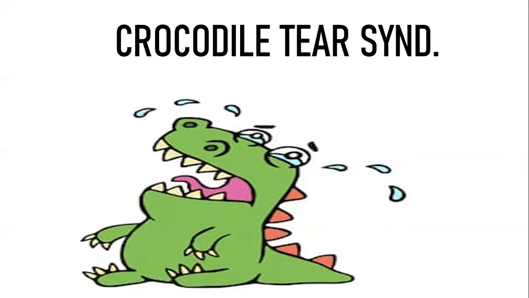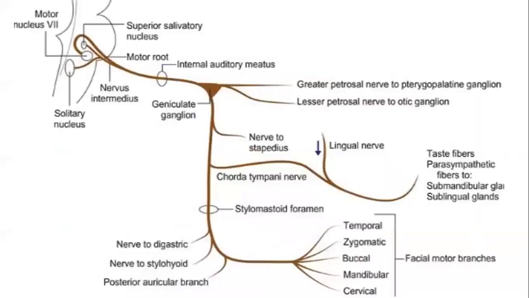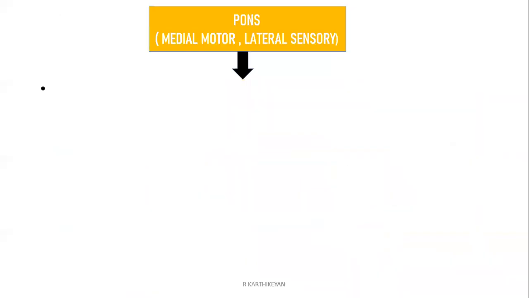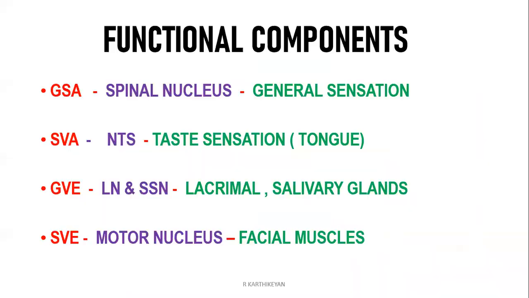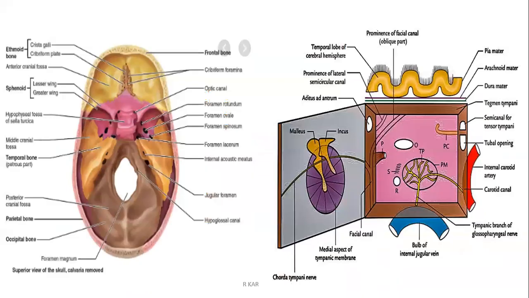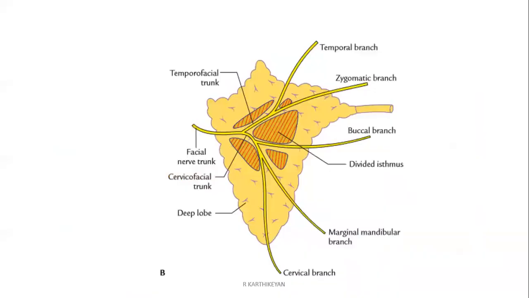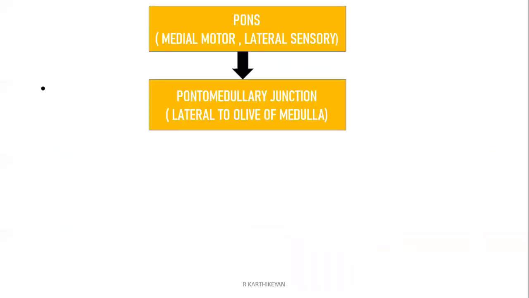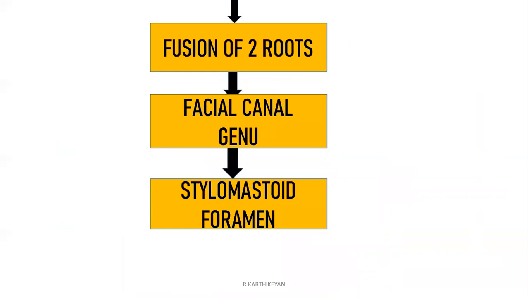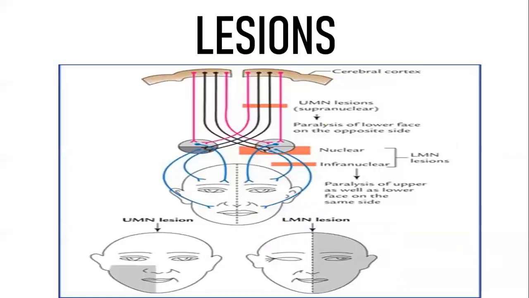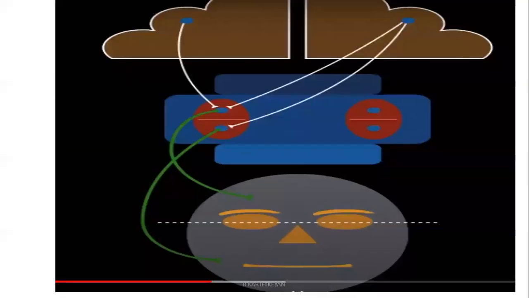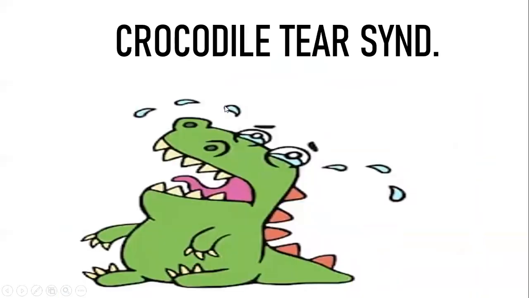So with this, we are completing the facial nerve. Just go and read now itself. You should remember these landmarks that I have put here. Then remember these pictures and try to design your own flow chart as simple as possible. This is more than enough. And try to learn the branches. Lesions are very important. If you want me to repeat again, I'll repeat in the comment section in a simpler way. You just have to understand that the nucleus has two parts, contralateral and ipsilateral for the upper part. If you write this, it is more than enough.